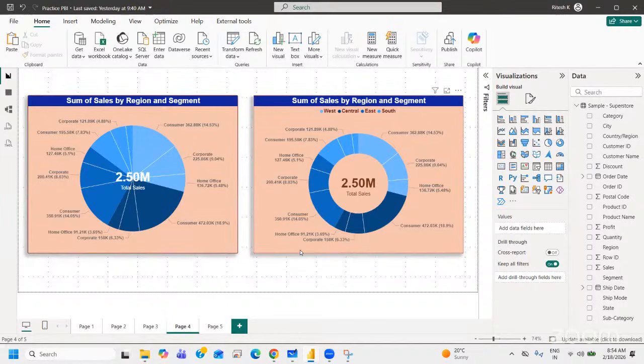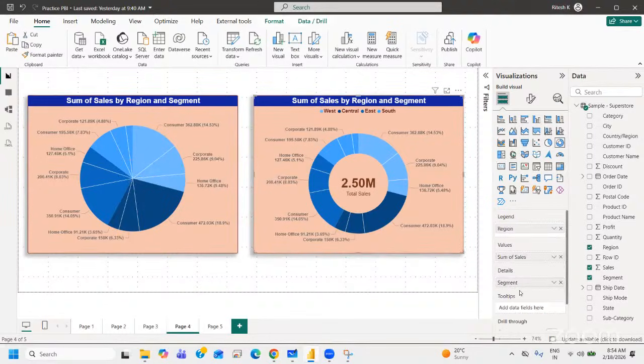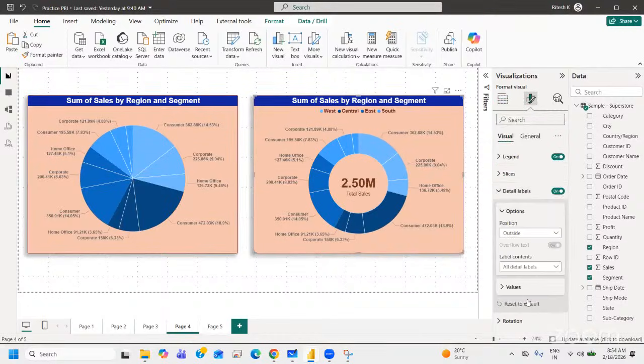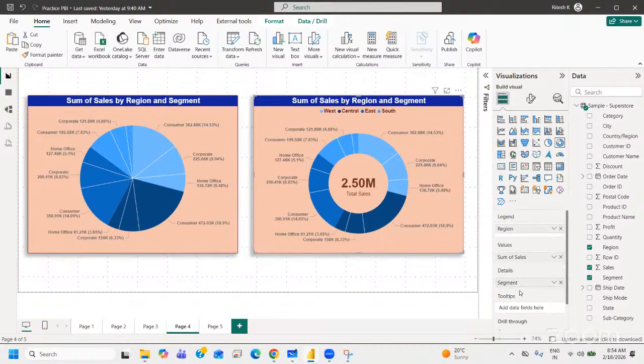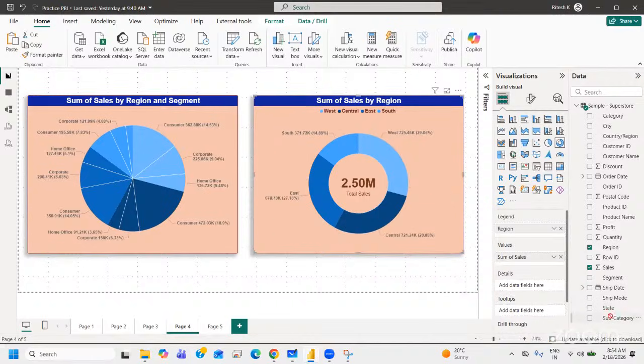So if you want to display, when is it better to use the labels versus the legends? Legends and labels, in the sense of details, labels are a part of detail labels. So recommended is, here the readability is good. That's because there is a limited number of legends and a limited number of segments or details. But if I end up adding subcategory,